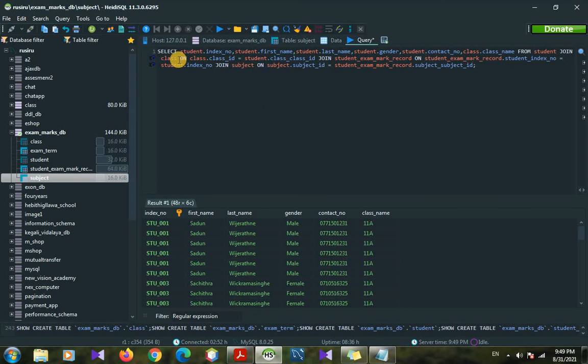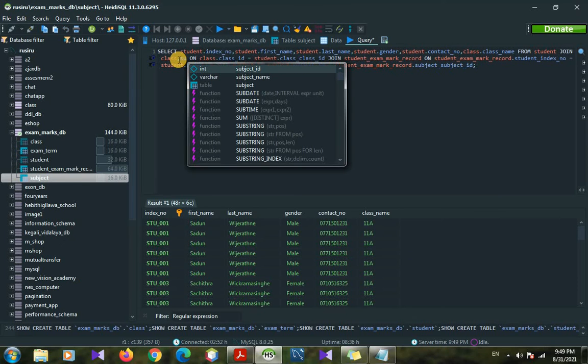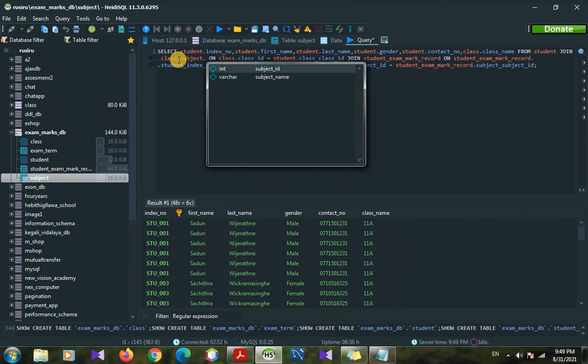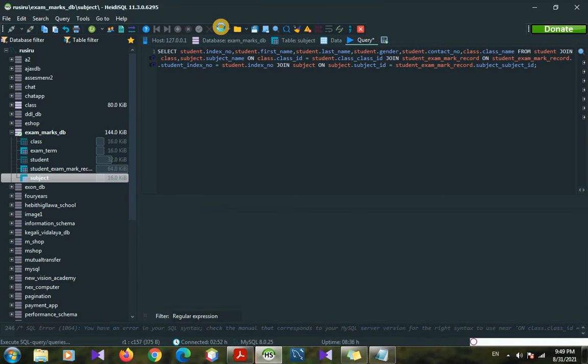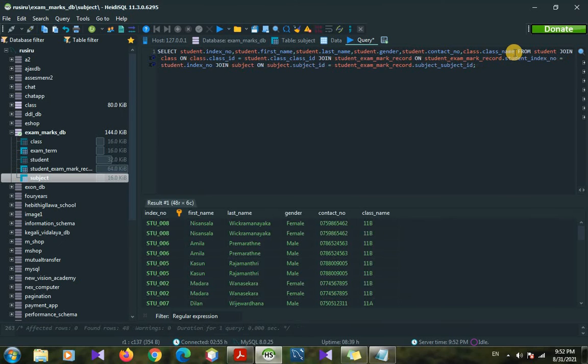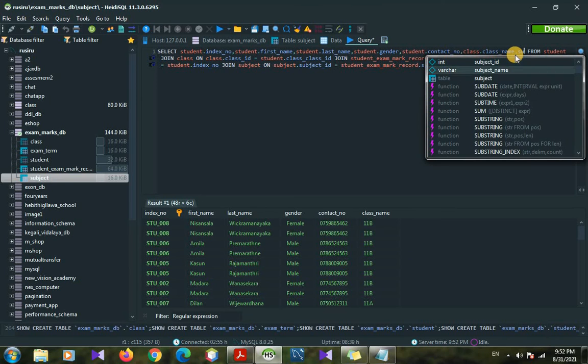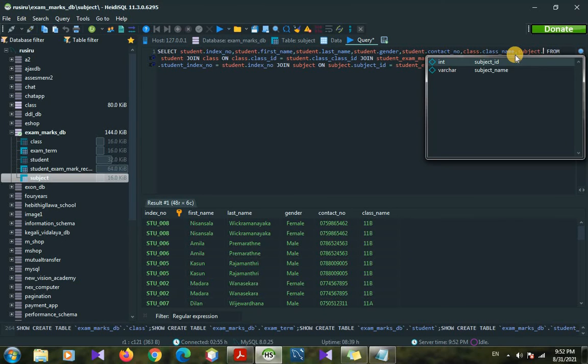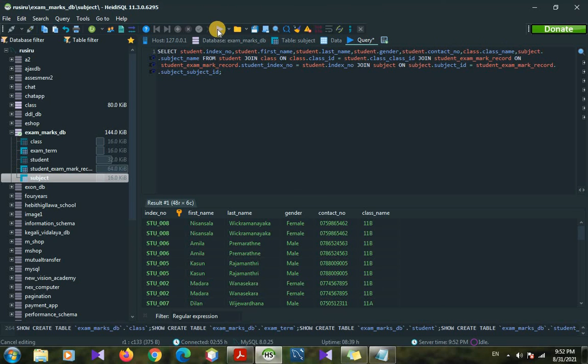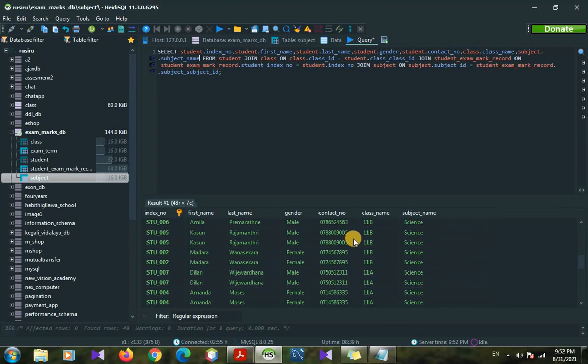So here we can put another comma and type subject table dot subject name. So if we run this now, an error is coming, so we can correct this error. The error is that we put the comma here, we can't put the comma here, we should put the comma at this place. Here we can give subject table dot subject name. Now if we run this, there is no problem, and the subject names are coming.